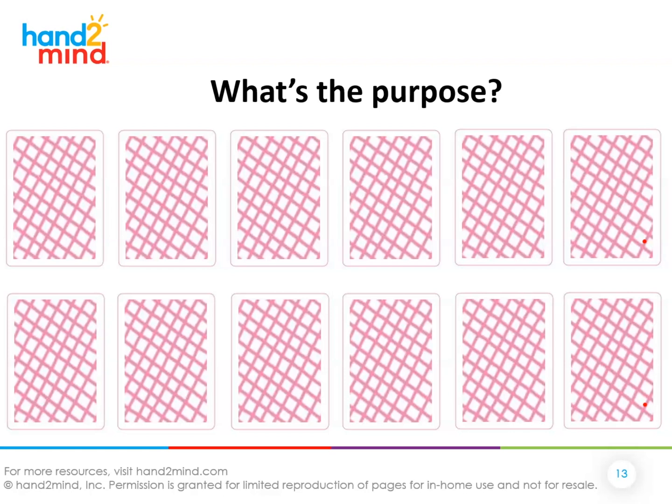Now we're going to play a game called What's the Purpose? Underneath these cards are different types of text, and we're going to flip over a card and you're going to have to determine what is the purpose of the text. Is it to persuade, inform, or entertain? So let's get our first card. We are going to pick